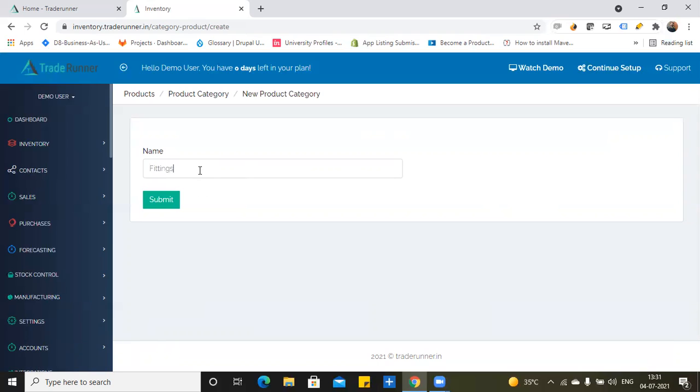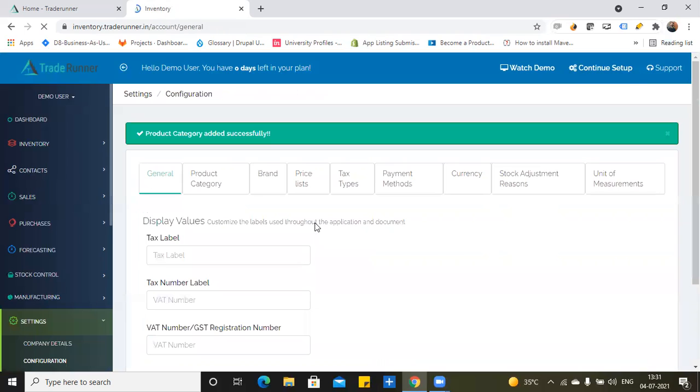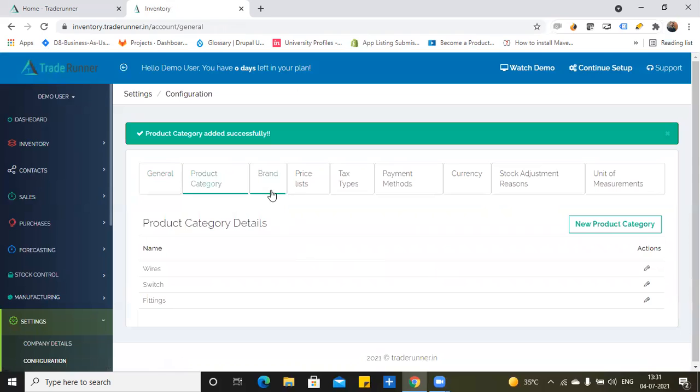Right. Let's say these three categories of products you have, so you can add the categories.